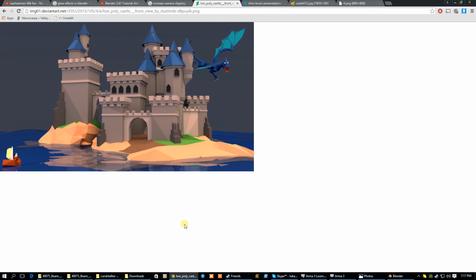So what we're going to be doing now is creating some kind of a building to go with our low poly landscape. Now I'm going to be creating something similar to this here. If we look at this, it's quite modular. There's this blue thing on top that I can just create one of, and then I can copy it multiple